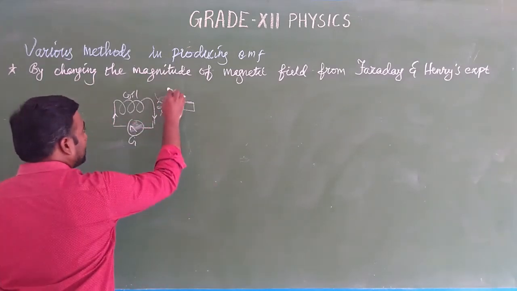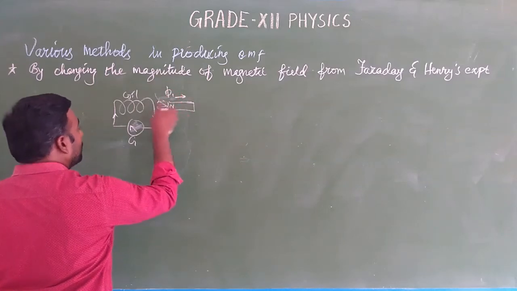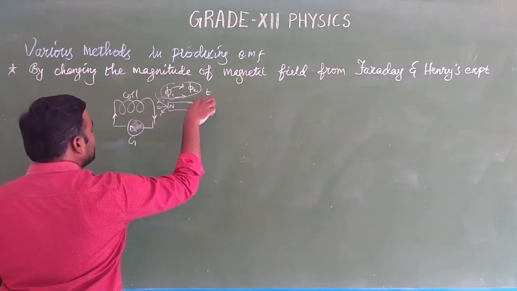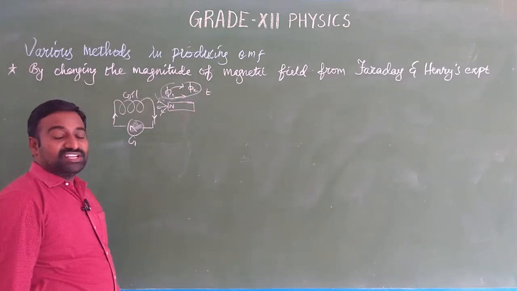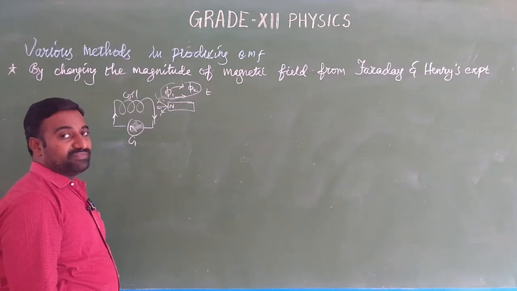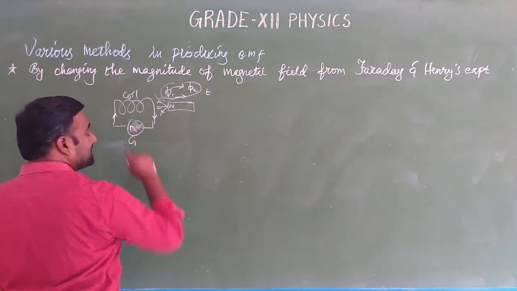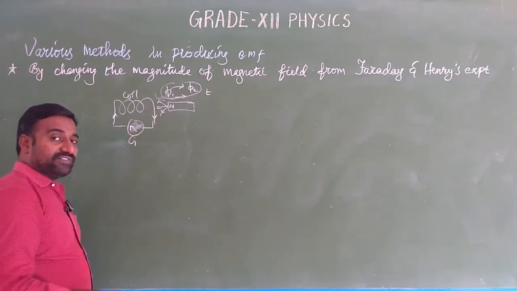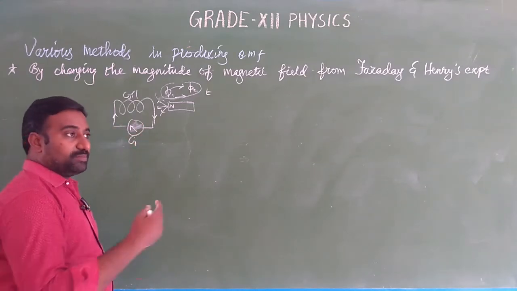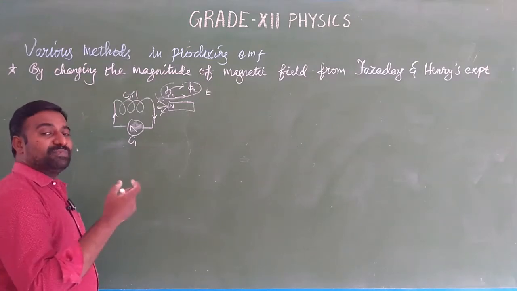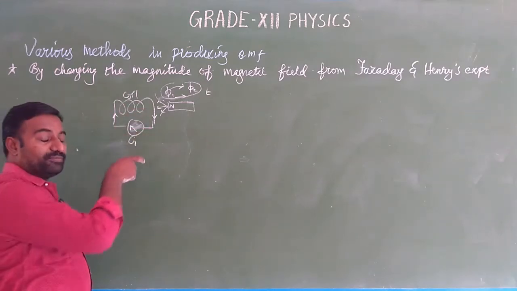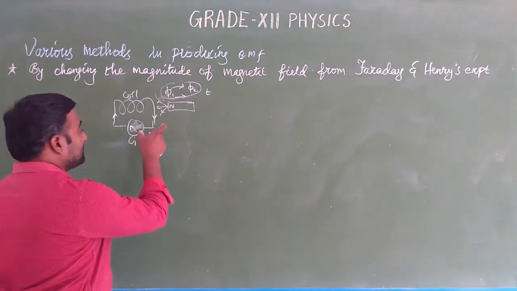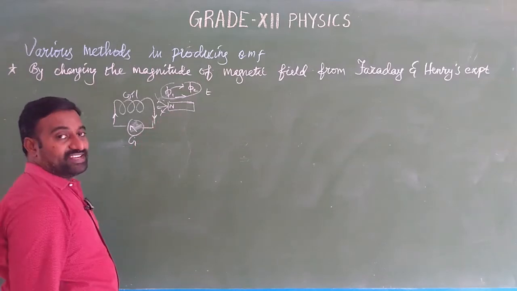The flux before inserting it is φ1. While inserting, the flux changes to φ2. It takes a time t. So within a particular time, the flux change is proportional to the amount of EMF induced. If you move the magnet very fast inside the coil, the deflection is also very fast. If you increase the number of turns of the coil, the EMF is also higher, because in each turn the EMF is added, so the total EMF drawn from the coil is larger. This is the first one from Faraday's experiment.